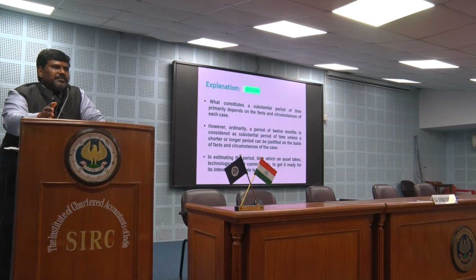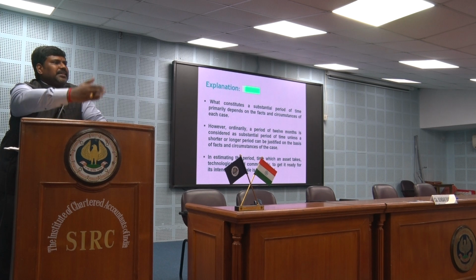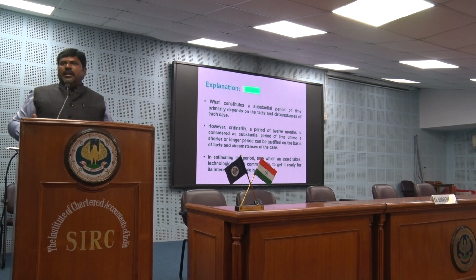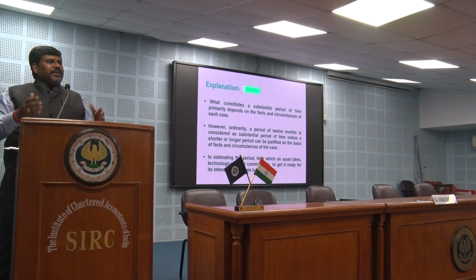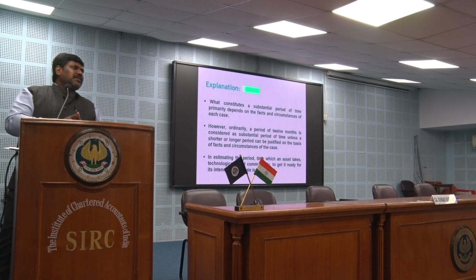I buy an asset or I do a construction of an asset, and it is going to take 12 months time for its intended use. I'm doing a project, that construction is going to take 12 months time. If it is only going to take 3 months time, whatever the borrowing cost, debit to the P&L. If it is going to take a substantial period of time, unless and otherwise someone says and could prove with